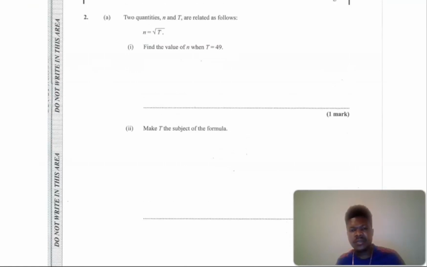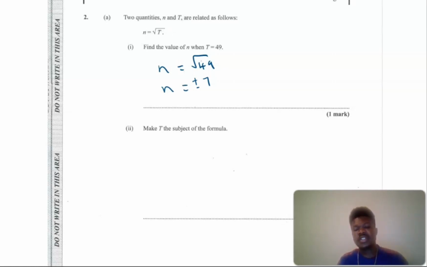Okay, next question is here. It says two quantities n and t are related as follows. N equals the square root of t. Find the value of n when t equals 49. All we're doing here is just substituting. So we've got n is equal to the square root of 49, which is 7. So it's actually the square root of 49 is positive or minus 7 to be exact. So we tend to normally put the positive value, which is actually both of them,